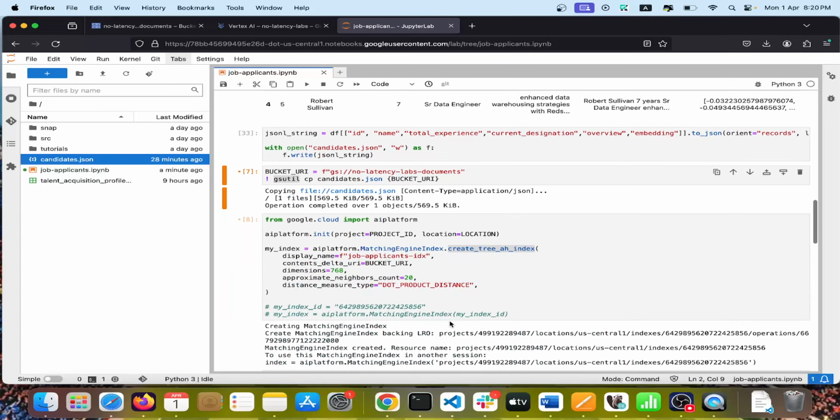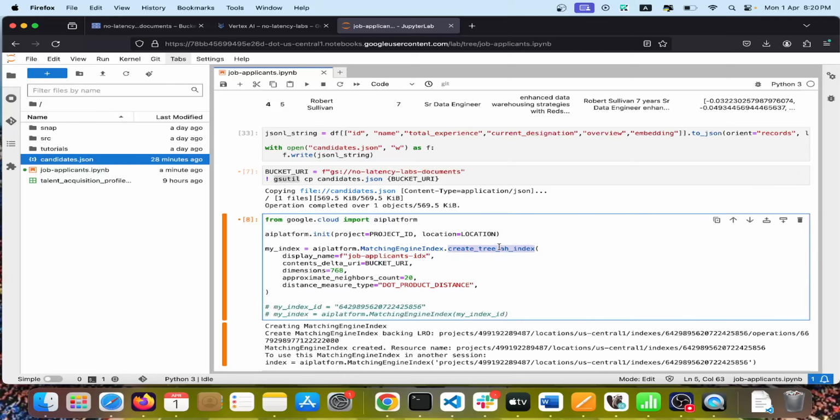All right, next comes the most crucial part. Once you've created the JSON file and copied it to a GCS bucket, we then create an index. Typically, when you use vector search on Google Cloud, there are 3 steps involved. The first step is to create an index. The second step is to create an endpoint. And the third step is to deploy this index to the endpoint. The first and the last steps are time consuming, meaning each one of them takes at least 35 to 45 minutes. All right, so go ahead and run this code block, which invokes the create tree AH index,